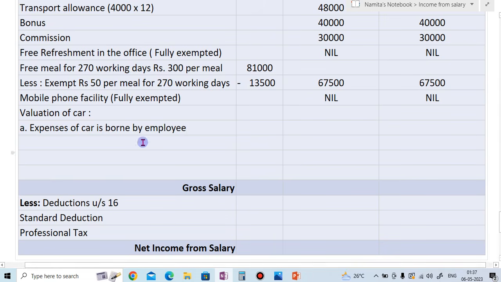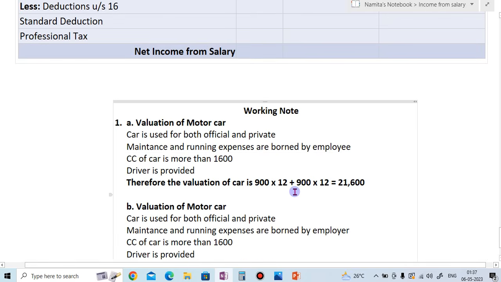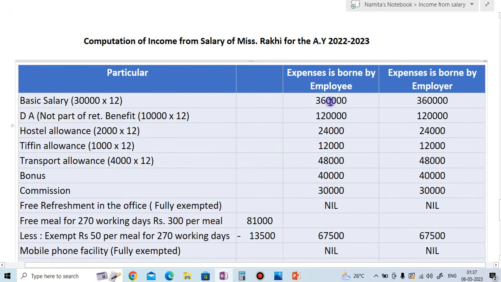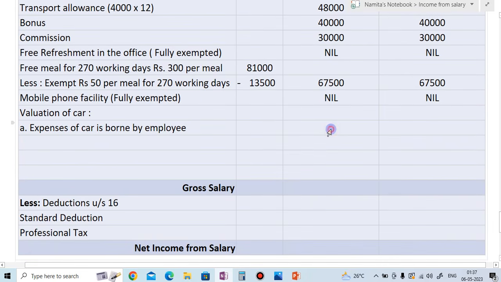So if it is borne by the employee, the amount will be 21,600. So write in the employee column 21,600. Now B point,